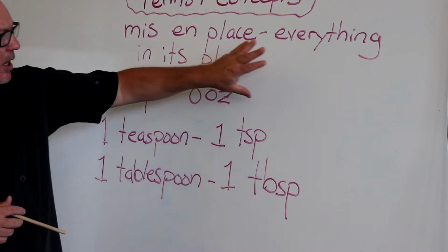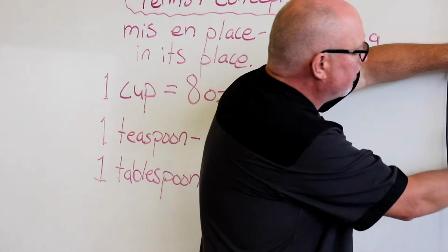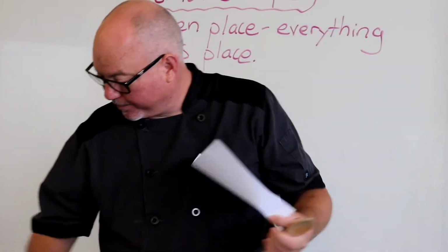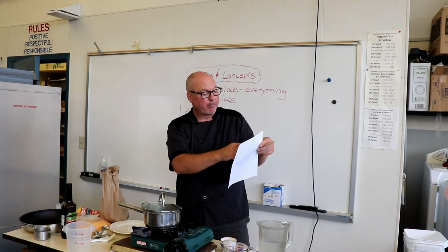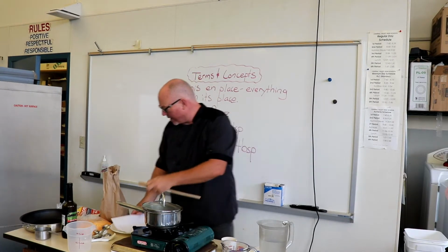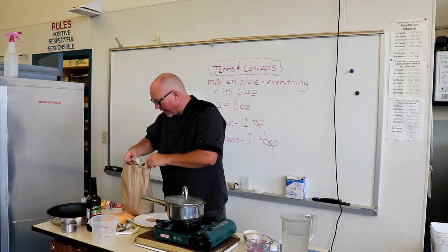Let's go ahead and check our setup and make sure we have everything. I've got my recipe right here, and I know I'm going to need 2 tablespoons of cooking oil. Got my tablespoon ready to go and my oil. My garlic powder, my tomato paste, my chicken-based paste, and my garlic salt are all in the student packets that were made up. So that's going to be the one